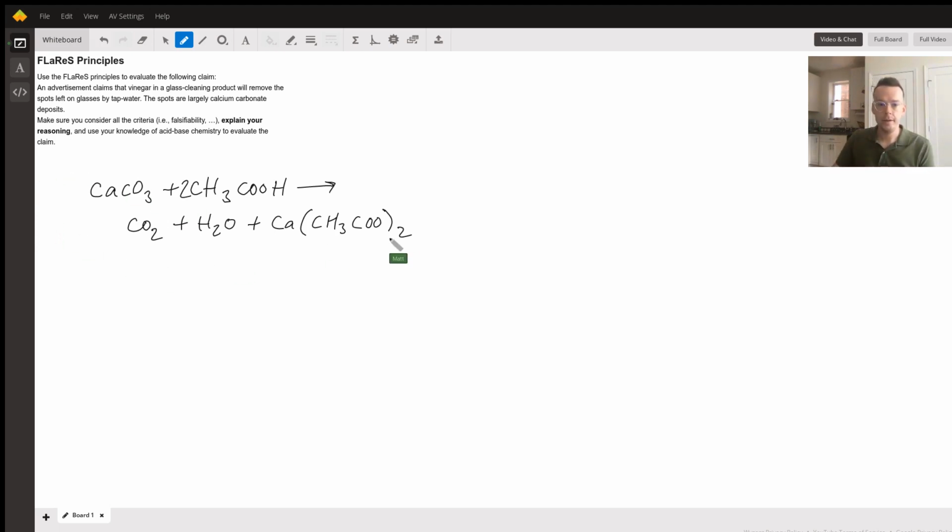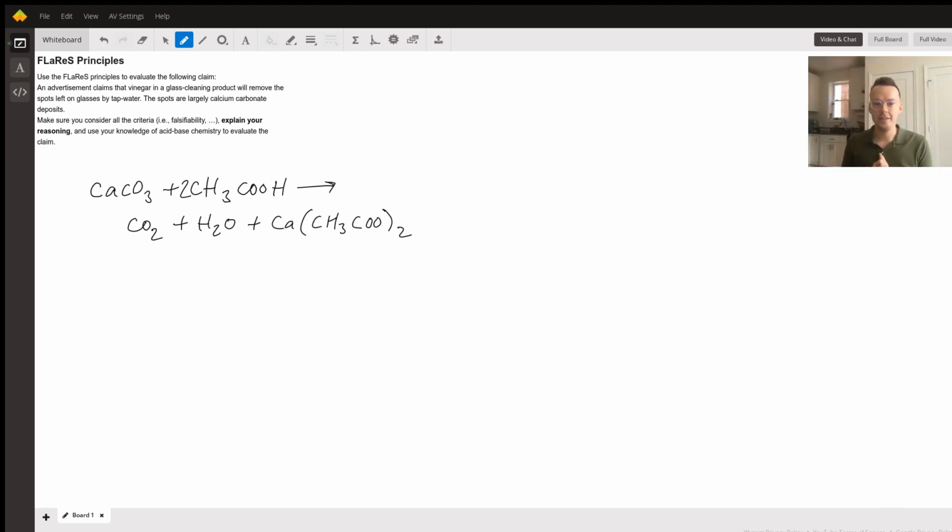Taking a look at the second one, logic. So basically, any argument that's offered needs to be sound. And we have just shown chemically that there is a solution that would cause the vinegar in the product to break down the calcium carbonate in the tap water spots. And so the second requirement of logic is also met. The third one,